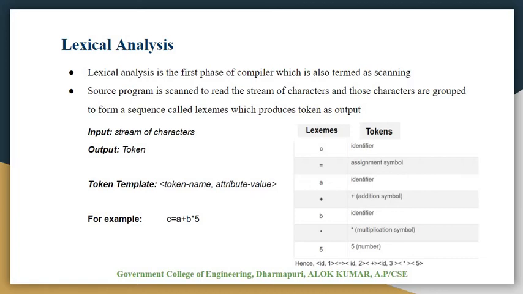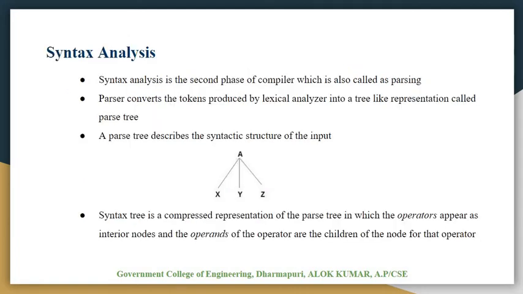So here we can say tokens are like ID, token name, and attribute value. Suppose we have given this one 1. Next token is equal to. Next is again ID, that we are saying for A, and the attribute value we have given 2. Next token is plus. Next is ID, that attribute value we are giving 3. Next is multiplication. Next is 5. So these are the tokens for this example. Now the next phase we will see, that is syntax analysis phase.